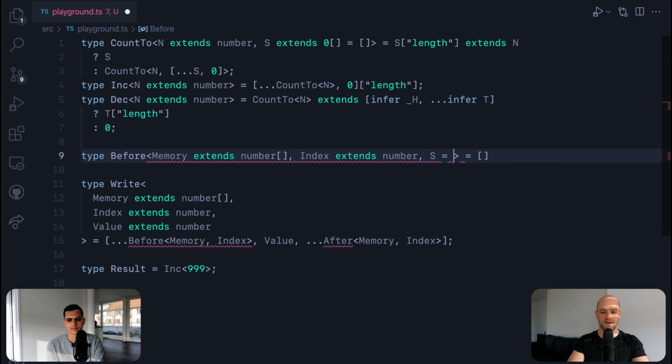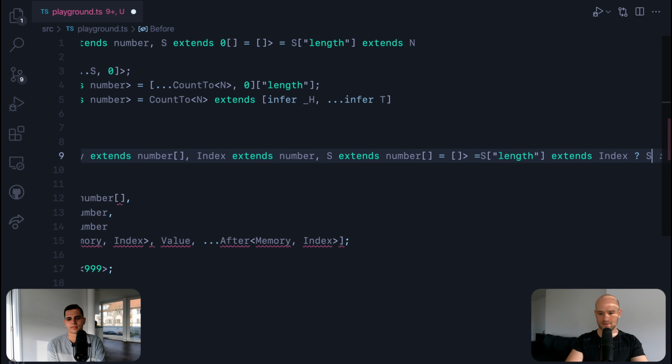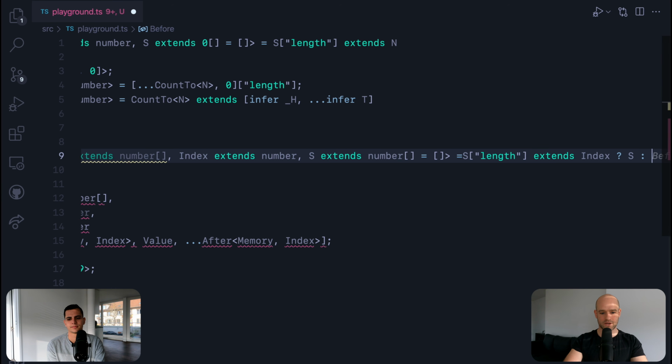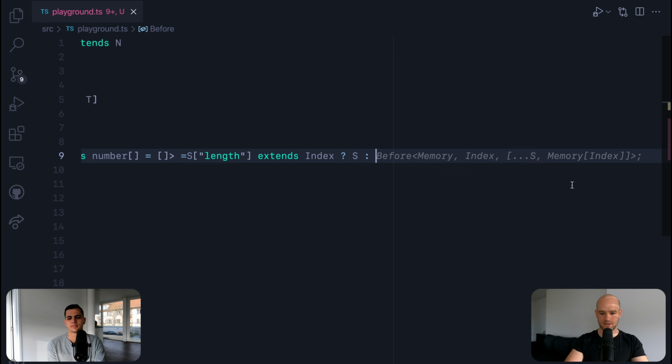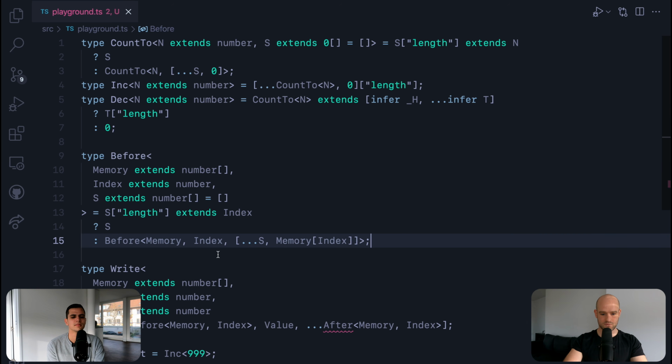So we have a state which defaults to an empty array, and it extends an array of numbers. If the length of the state equals index, we return the state. If not, we do a recursive call. Copilot, I think, is giving me the right suggestion.